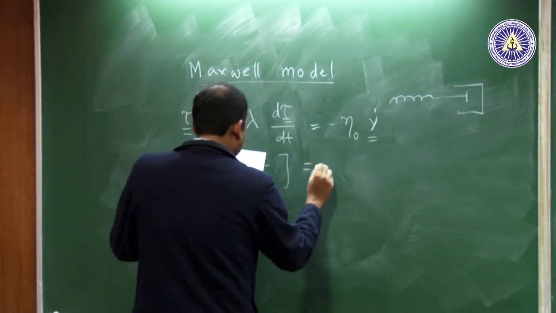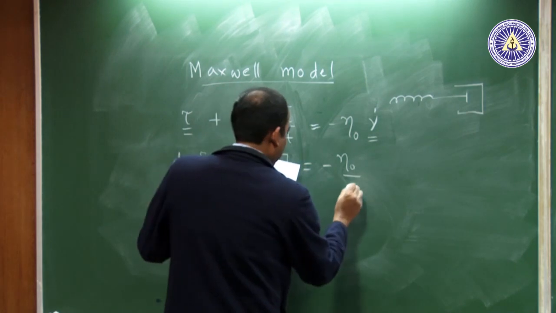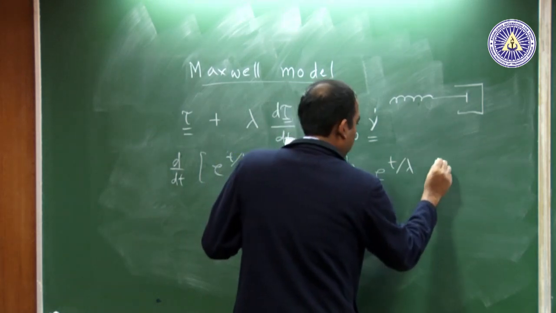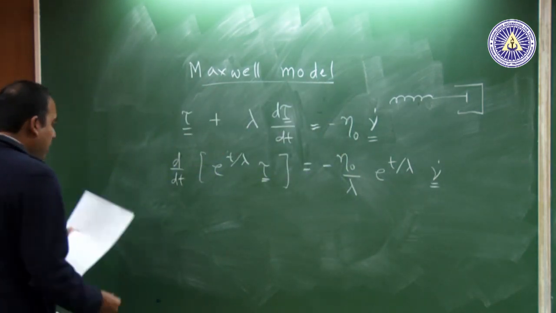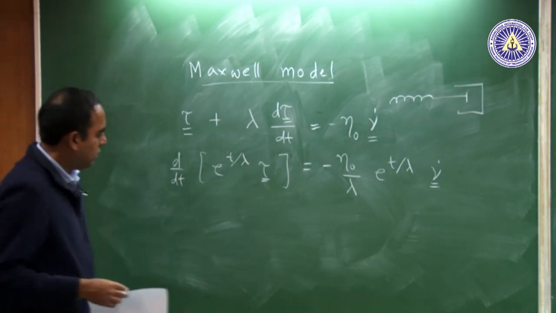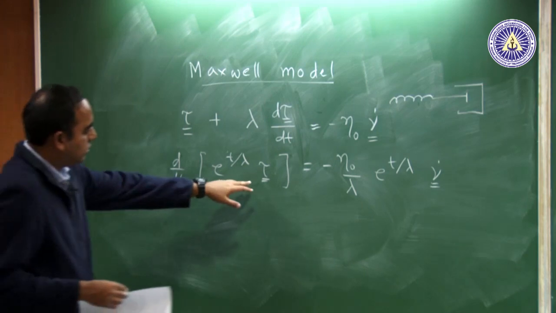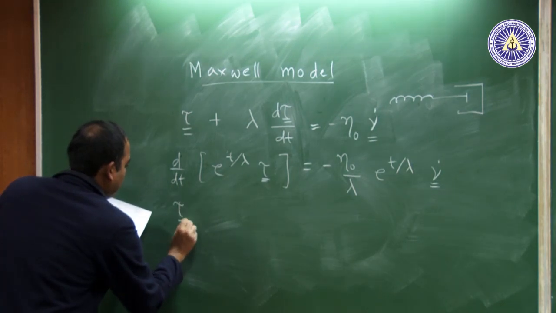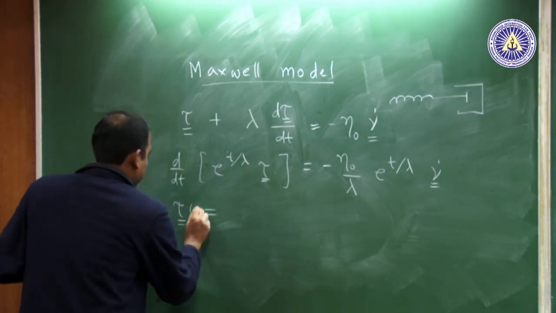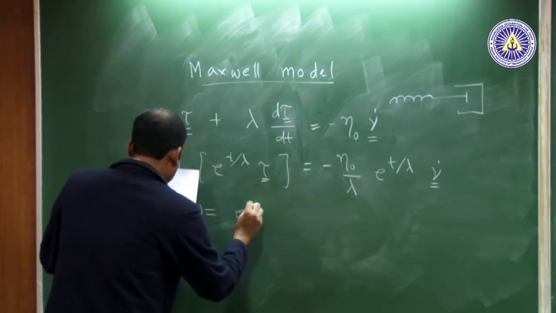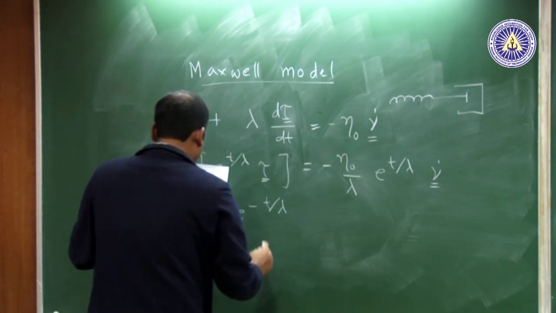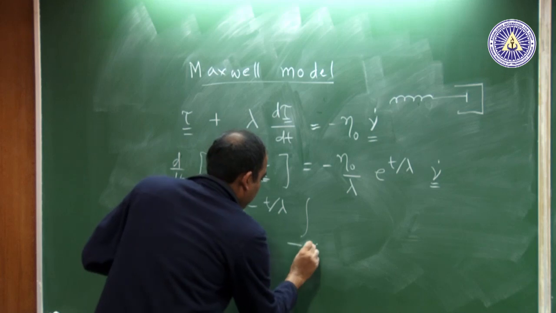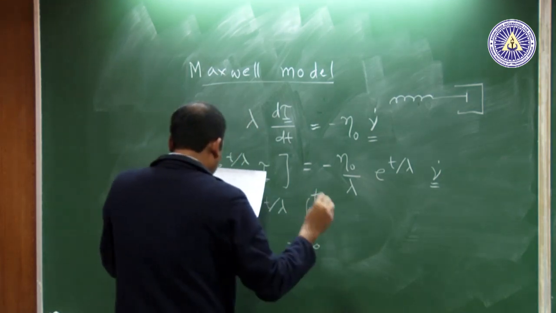So, then you can write this, e to the power t by lambda, and then if you integrate from minus infinity to time, the current time t, and then if you take the normal assumption that the stress at minus infinity is finite, what you would finally get is this sort of an equation, with e to the power minus t by lambda, from minus infinity, t is the current time,